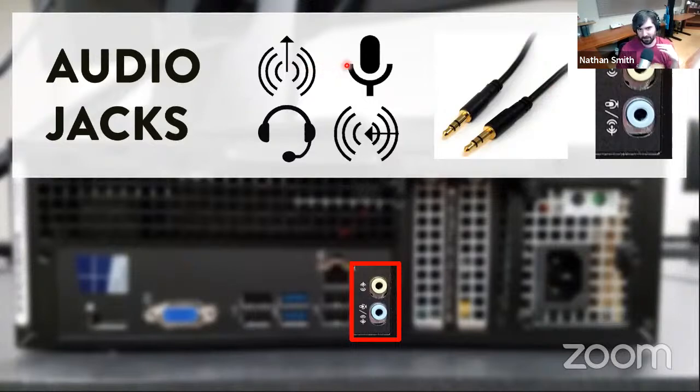One of the things you can look for to cue you on what audio jack you're about to plug something into, in case you're not sure, is you can look at the icons here. So this one is audio out. You'll see there are these little sound waves, and then there's an arrow coming out from the middle of them. This one is line in, because you'll see you've got the little sound waves, and then there's an arrow coming in, and you can see that same icon right over here next to the actual input.